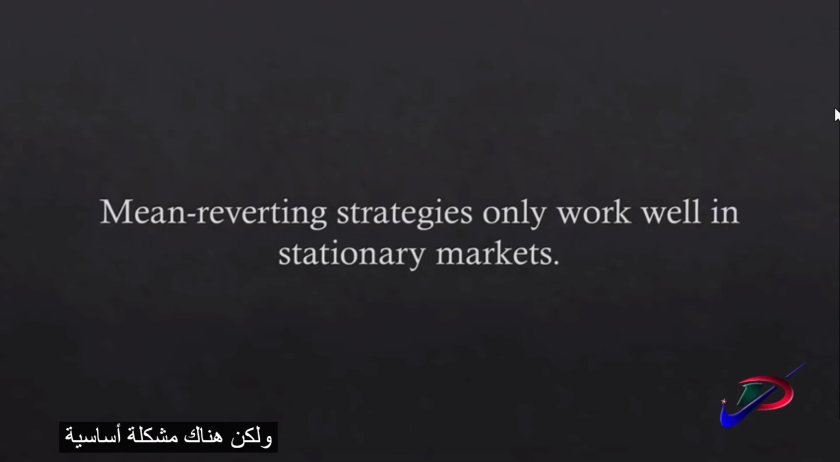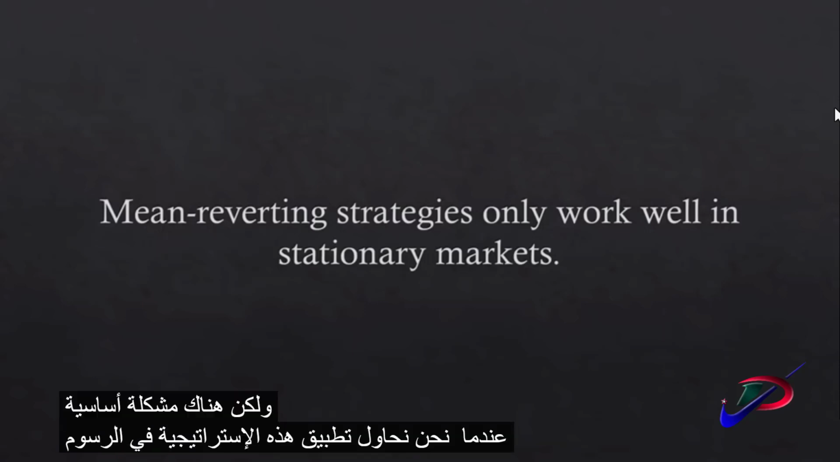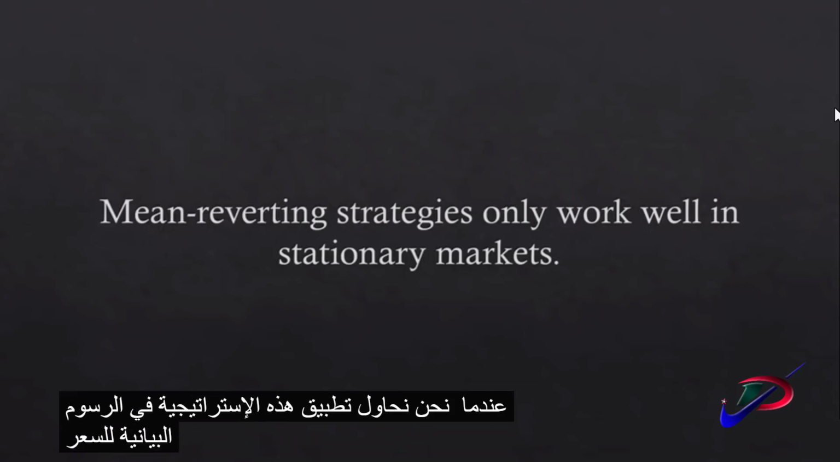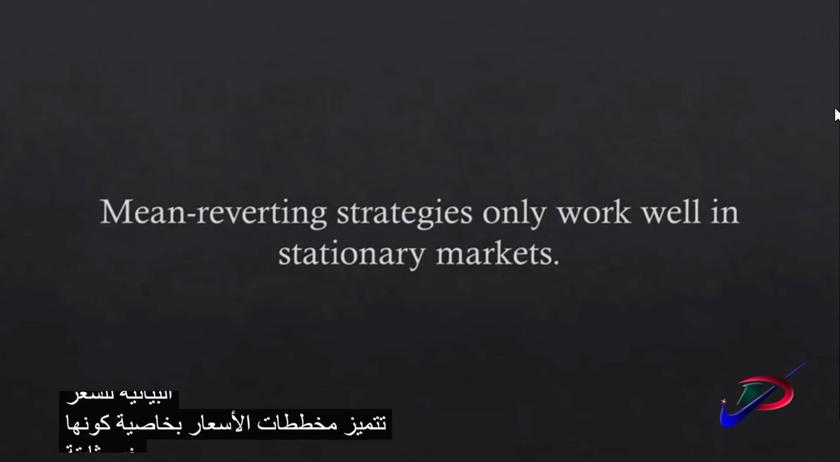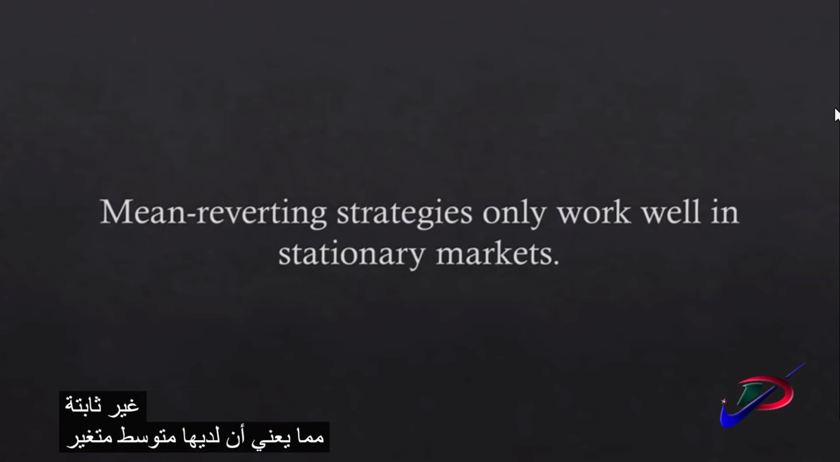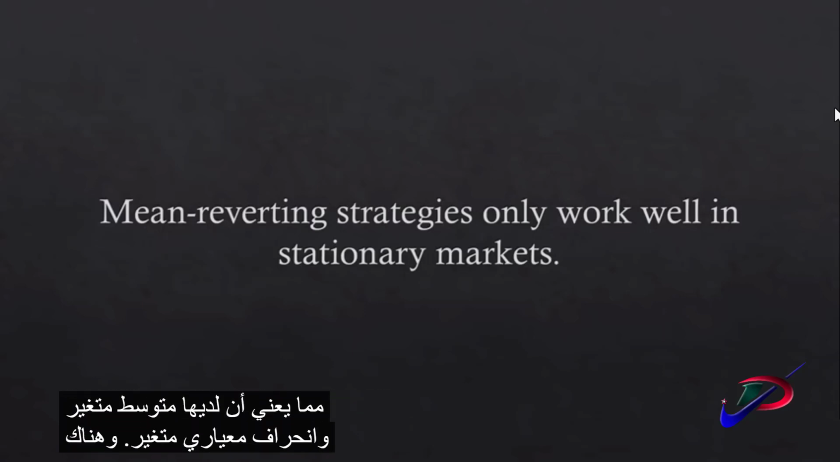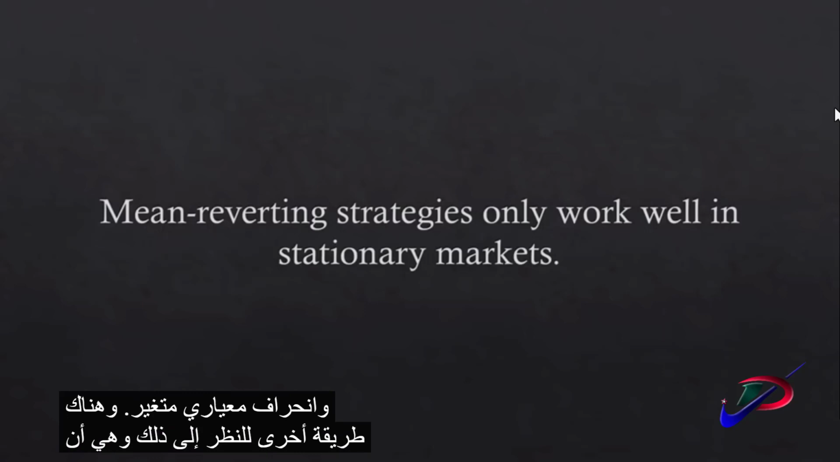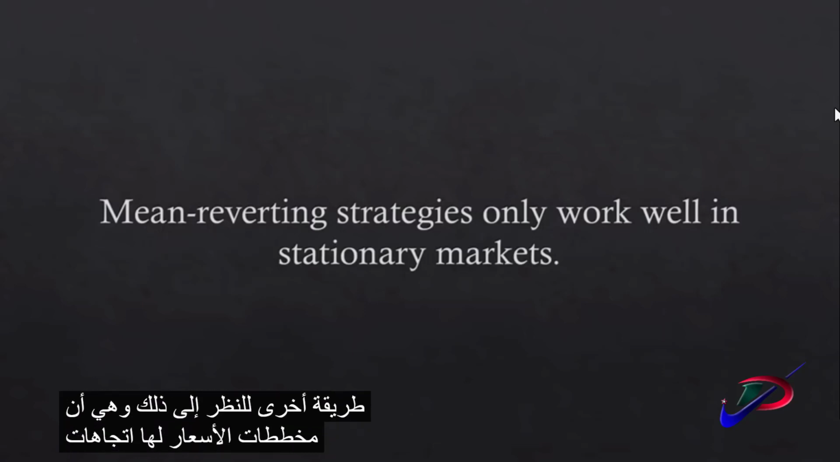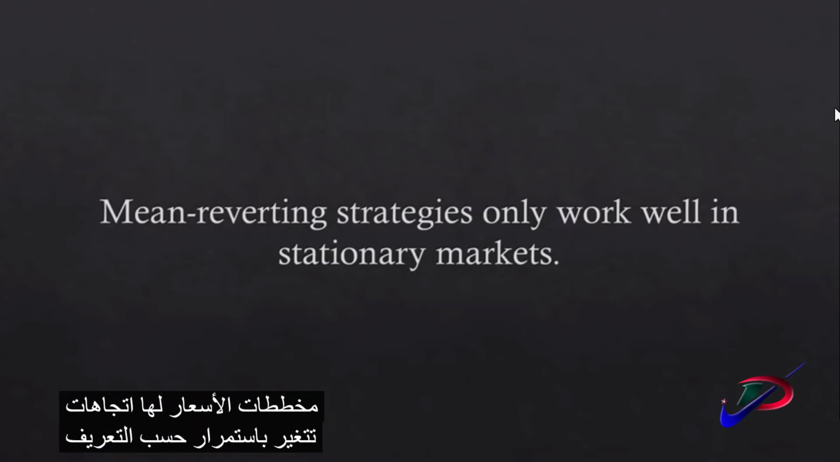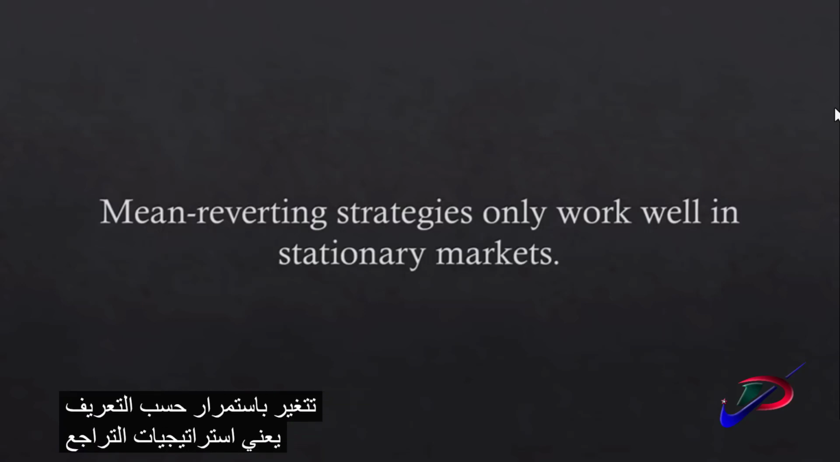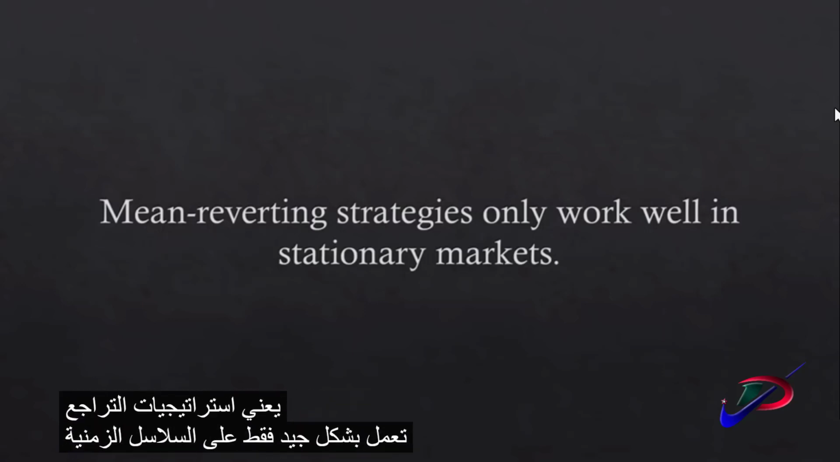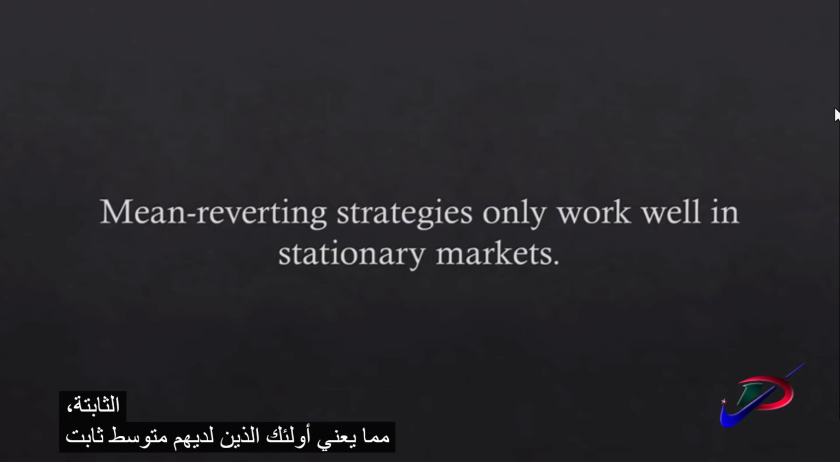However, there is a fundamental problem when we try to apply this strategy in price charts. Price charts have the property of being non-stationary, which means that they have variable mean and variable standard deviation. Another way of looking at this is that price charts have trends that change continuously. By definition, mean reverting strategies only work well on time series that are stationary, meaning those who have constant mean